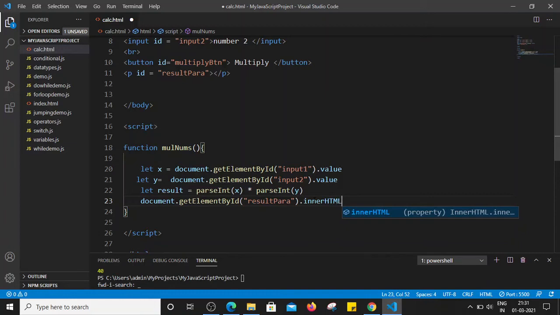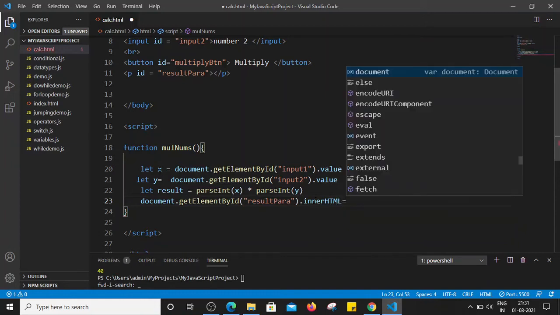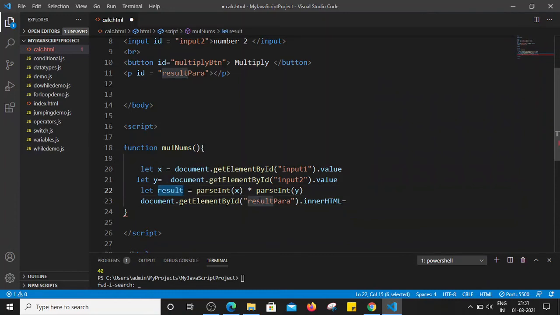So dot innerHTML is equal to, we have to display this result value, right? So I'm going to put result here, semicolon, and let's save this file.